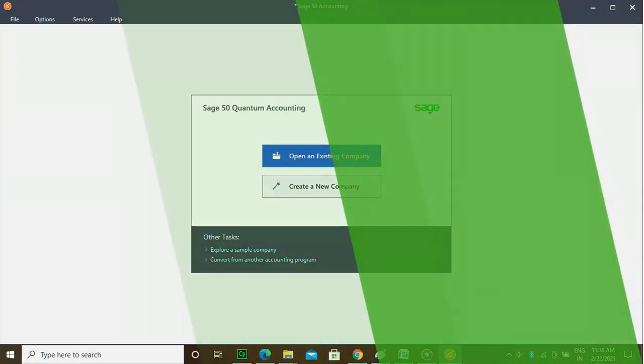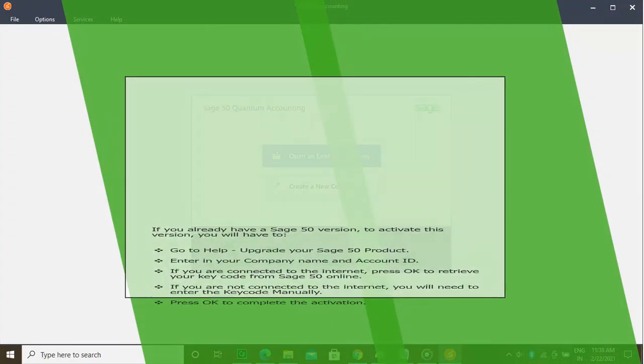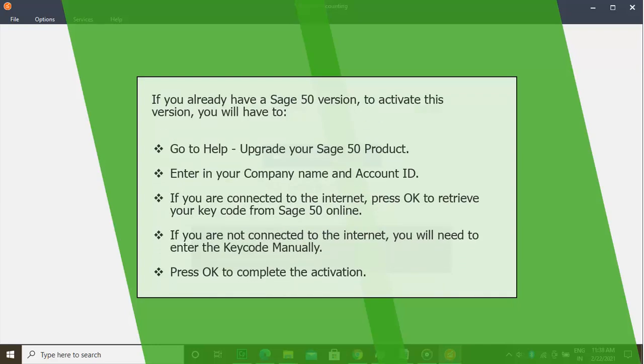Step 1. Select Windows Start, then Run. Type in CMD to open a command prompt. Type the following commands: